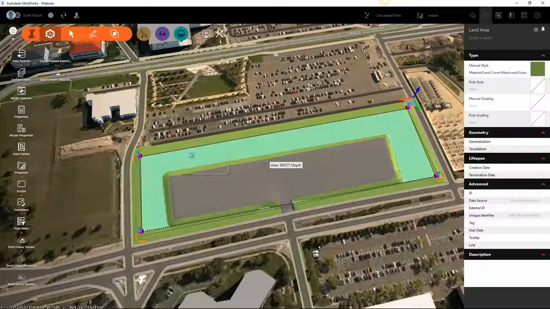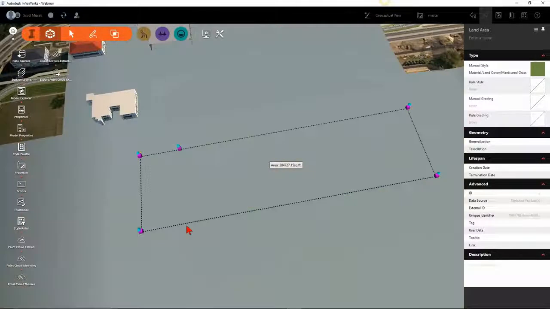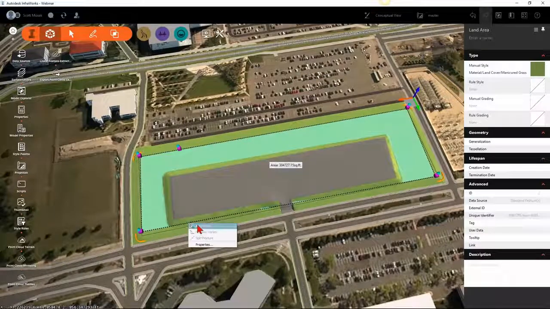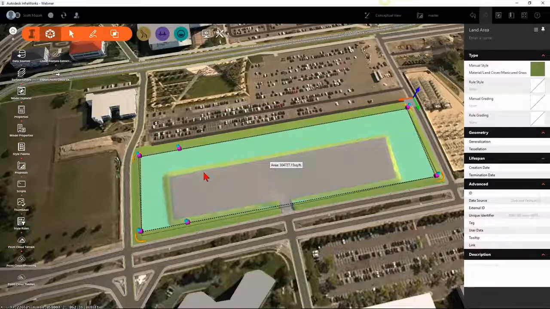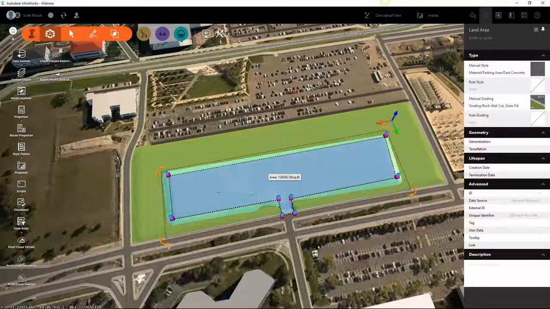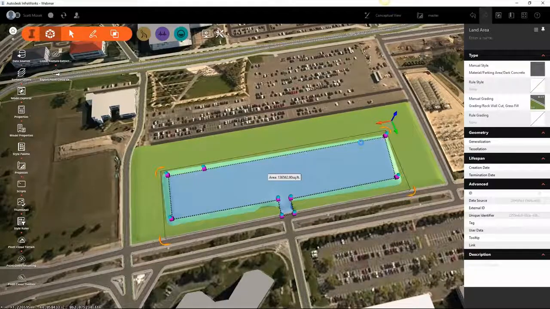And I can very easily, while I just did the four corners, come in and add a vertex there, and there. So now maybe if this was the parking lot, or let's actually do it to the parking lot, add a vertex here, add a vertex there, over at this end,